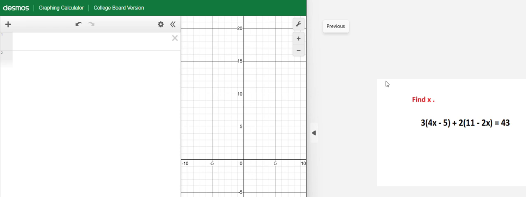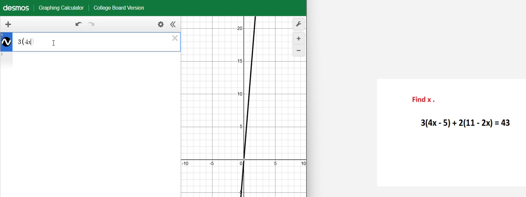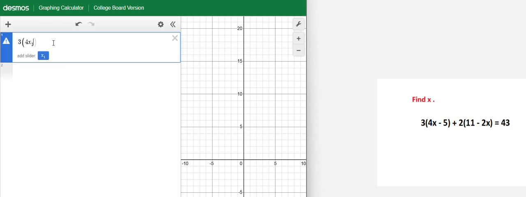In this question, we need to find the value of x, and here is the equation that we have. We do it simply using the x1 and tilde, and we will learn how to do it. Here is 3. Then you do the parentheses. For x1, we put 1 after the x, minus 5. Then you close your parentheses, and plus 2, open the parentheses, 2,